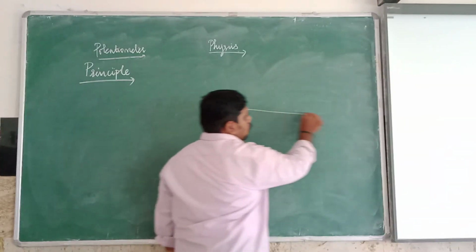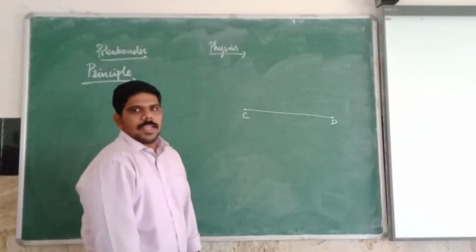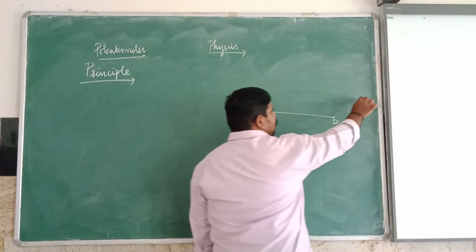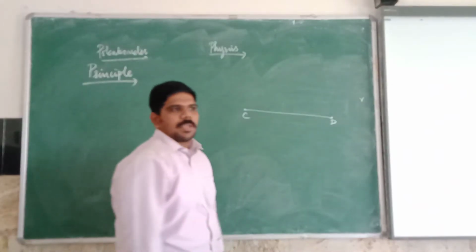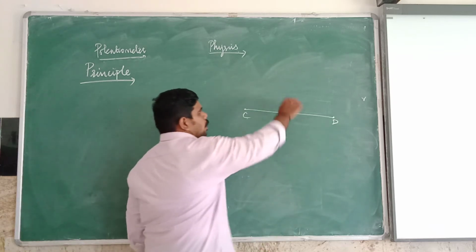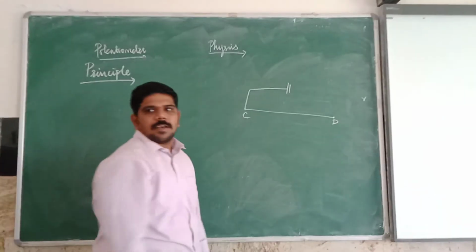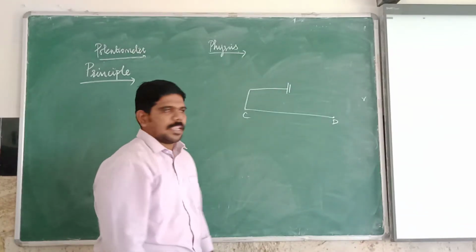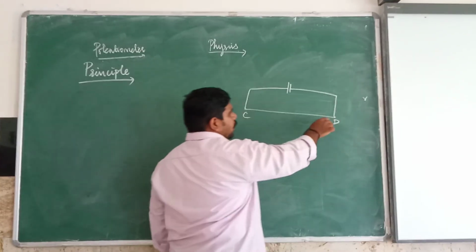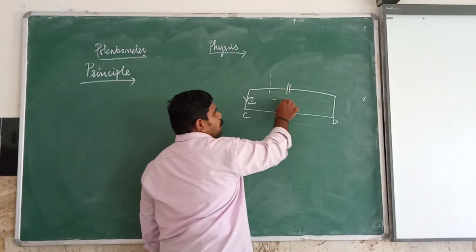Let CD be the potentiometer wire having a small internal resistance per unit length of the wire, R. Let R be the internal resistance per unit length of the wire. Let the positive terminal of a battery be connected to C, and the negative terminal of the battery be connected to the junction D, which supplies the steady current I. This forms the primary circuit.